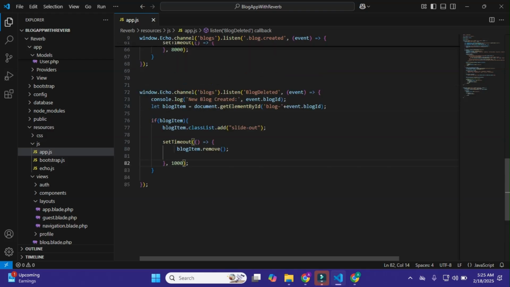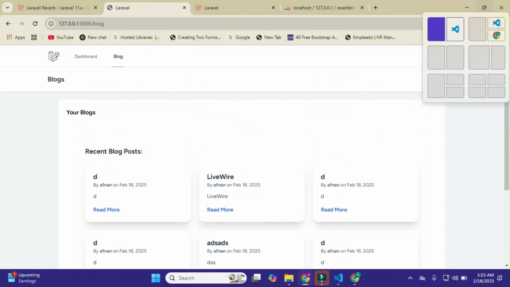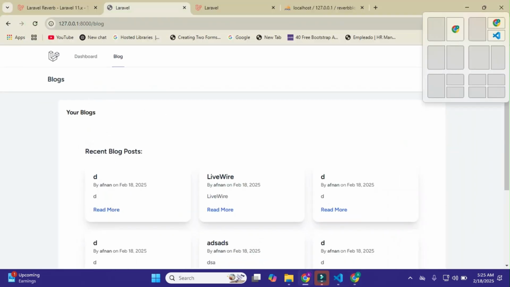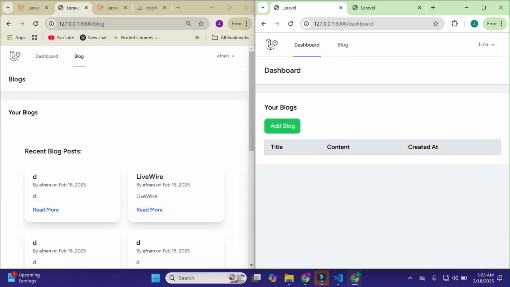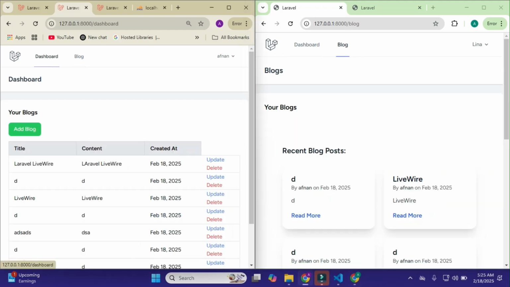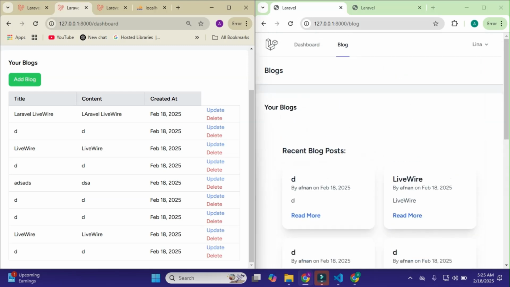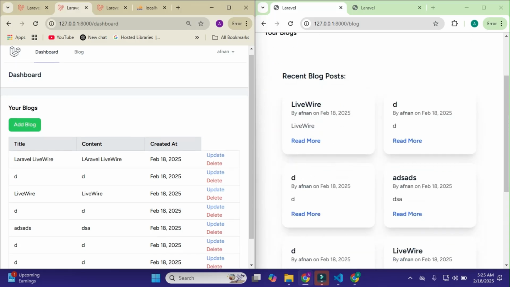When I delete the blog, it will show me the update. So now we simply check this. I'll go to my dashboard, and when I delete the blog, it will remove it. When I click on delete, it will update the list. Okay, that's great, amazing.